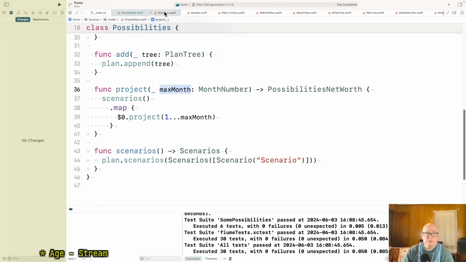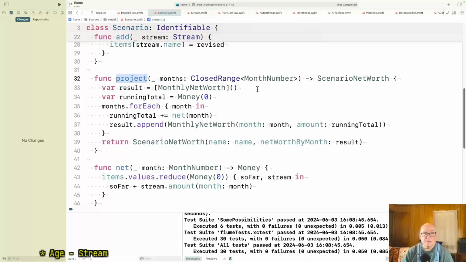And then project gives that to a scenario, a given scenario. So remember, project turns our linear list of possibilities into concrete scenarios, gives each one a list of months. What months do you want to graph? And then that passes it down to net for this month, which passes it down to stream.